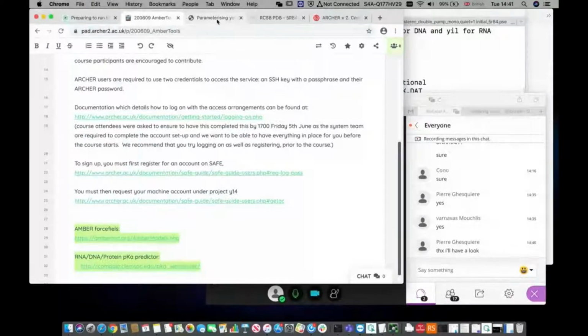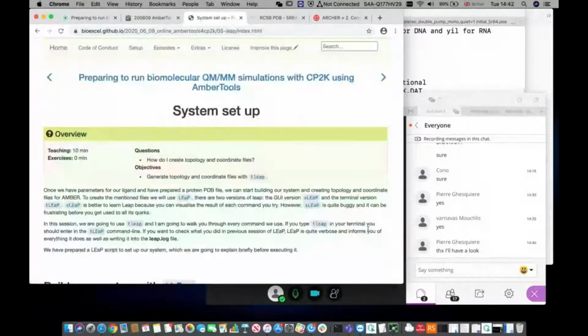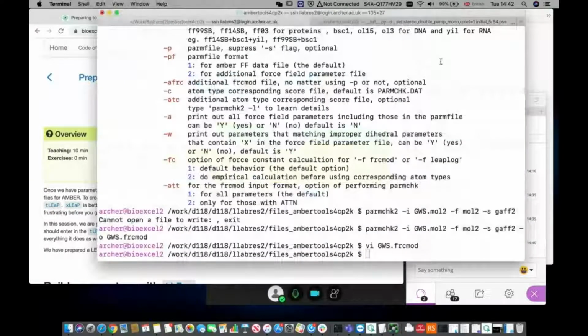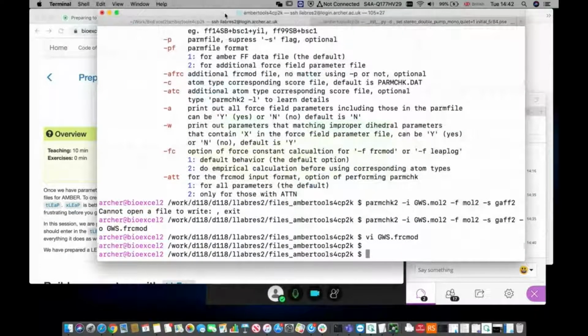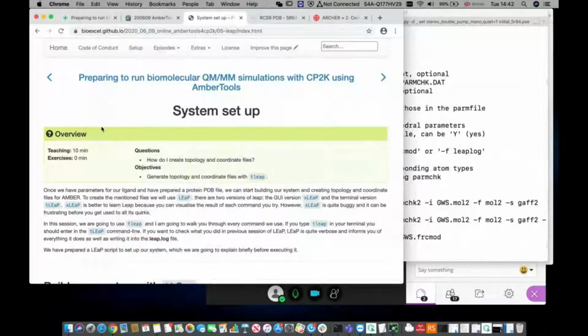Okay, let's continue with the course. Now that we have parameters for the protein and parameters for the ligand, we're going to continue and build the system, build a file with all the coordinates of our system, and a topology file with all the